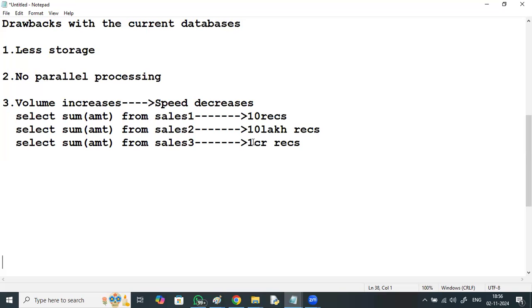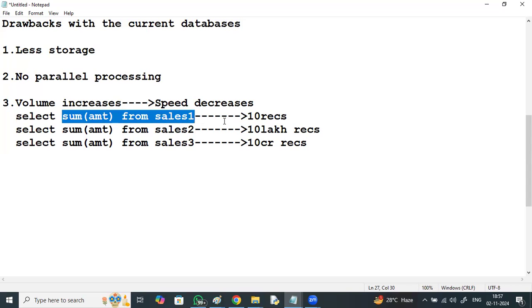Now try to answer: which query is going to execute faster among these three? Total amount from sales1, which has 10 records, total amount from sales2 with 10 lakh records, or sales3 with 10 crore records. The first query executes faster, right?